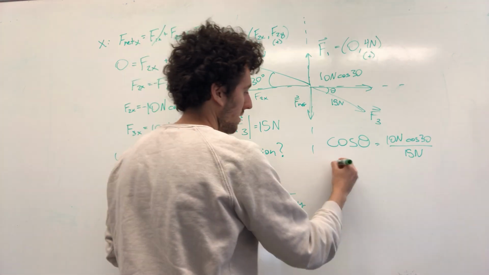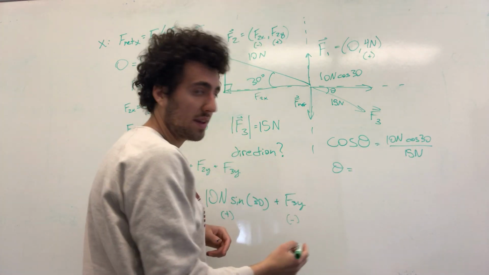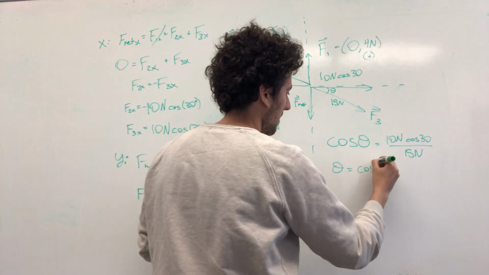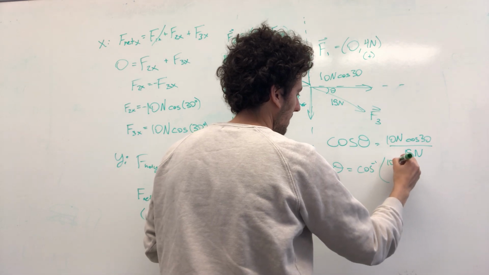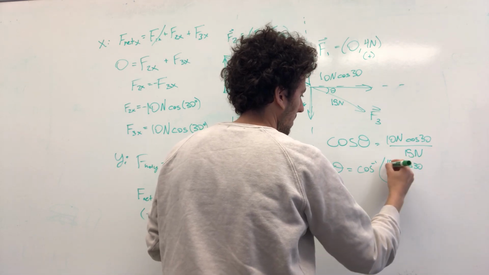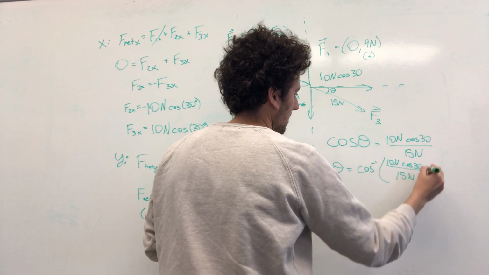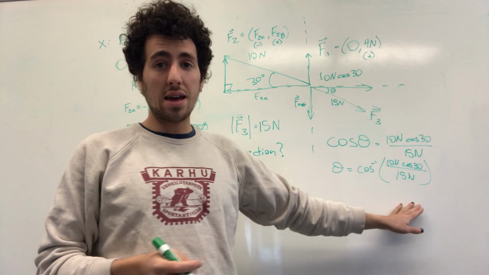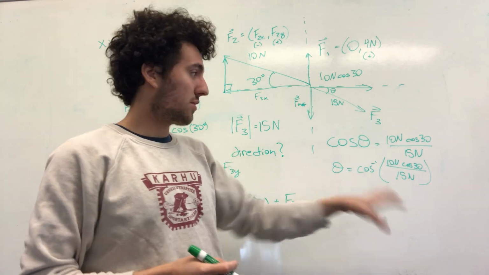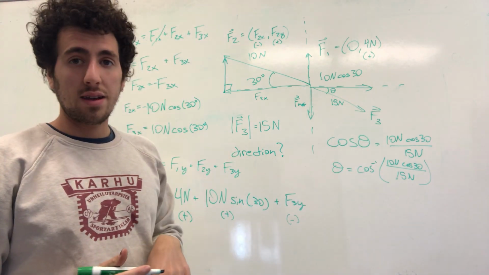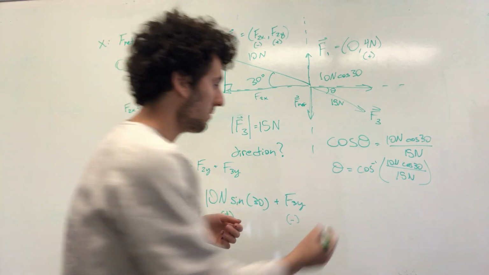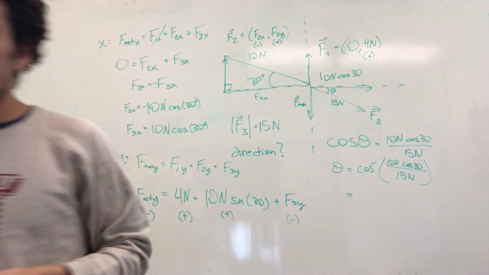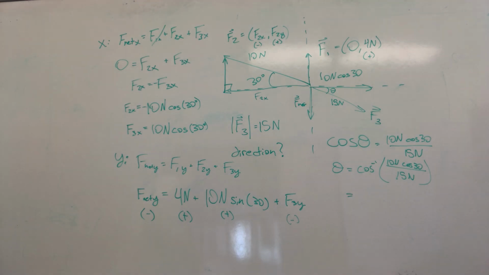So then theta, taking inverse cosine of both sides, is just inverse cos of 10 newtons cos 30 over 15 newtons. I prefer to solve problems this way, where I write everything out before I plug it into my calculator, so I'm not carrying around all these weird decimals and stuff, but that's completely up to you. And when you plug all this in, inverse cosine of 10 newtons times cos 30 over 15 newtons, you should get that theta equals